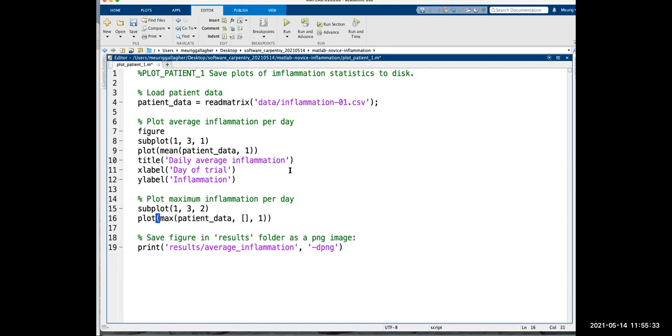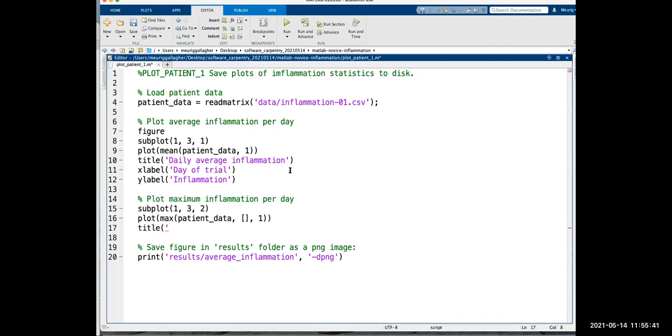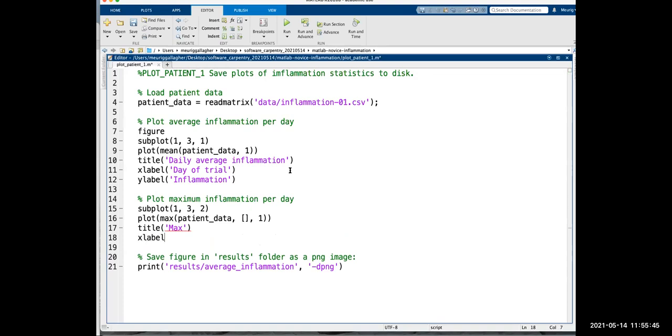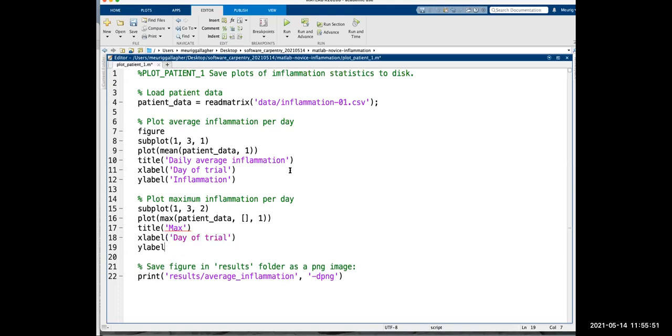And remember the slightly odd syntax for max. Well, not necessarily odd, but different. And remember to give it a good title. So title, let's just call this max. X label, day of trial. Y label, inflammation. Let's spell that correctly. Inflammation.